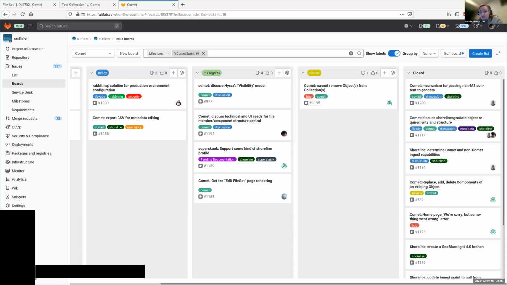The technical work that has been going on is mainly around upgrading Geo Blacklight to the new 4.0 release. Part of both the reason and the implications of that upgrade are that there's a major metadata schema shift taking place as part of the 4.0 upgrade. And we decided to take on that upgrade as a prerequisite to Comet integration, so that we'd be targeting the new schema and reduce